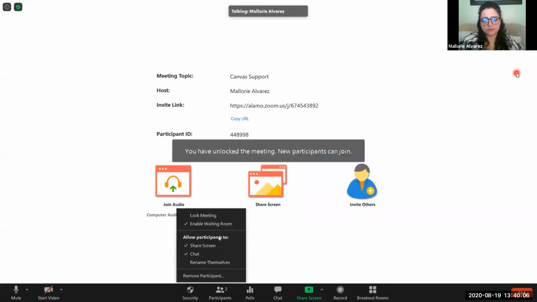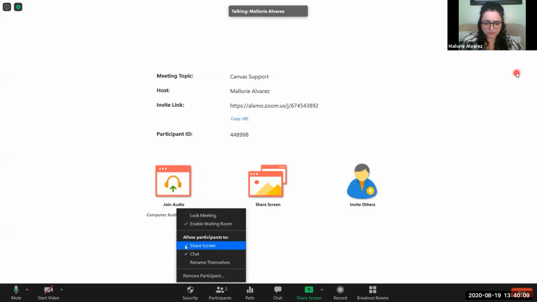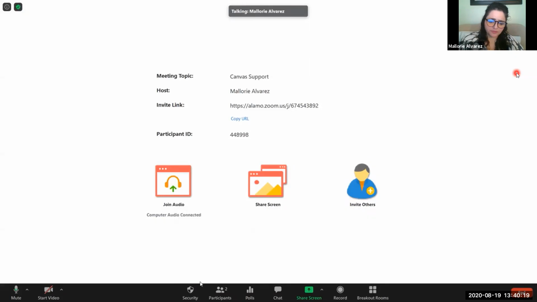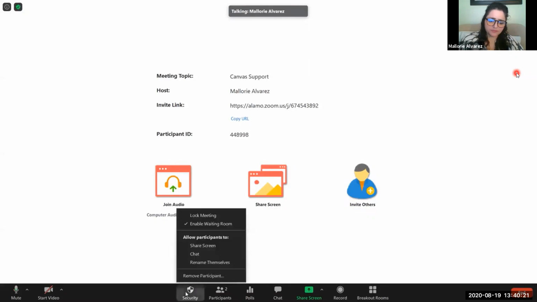Another great feature that's available to you is that you can quickly prevent any of your participants from sharing their screen, and you can quickly prevent any of your participants from sending any chat messages to each other or out to the group. Now, the reason why both of these options are listed as a security precaution is because Zoom bombers are known for sharing obscene videos, and they would take over the screen share of a Zoom lecture.